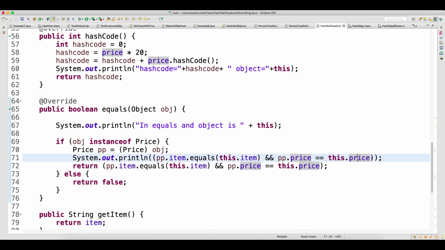Now since I made this a wrapper, you don't need to write equals here now. When it is a wrapper, the best part is you can use the methods of the wrapper class. So here you can write the logic now. So this.price, whatever you have, you can just go and use dot equals. So you can just convert to this. When you have a wrapper class, you can see that both are looking in sync now. Same thing you can change here.